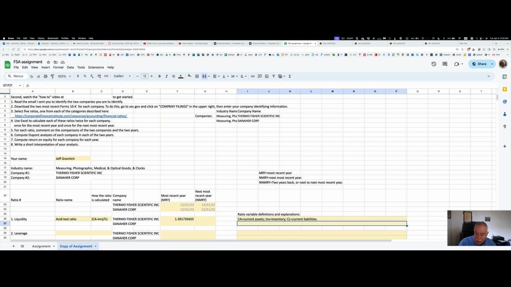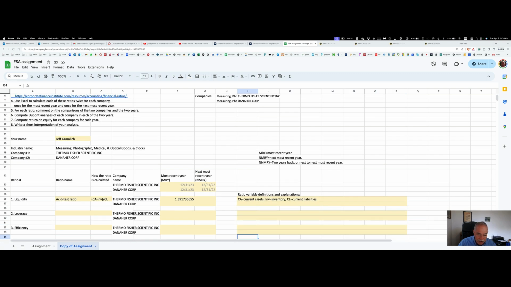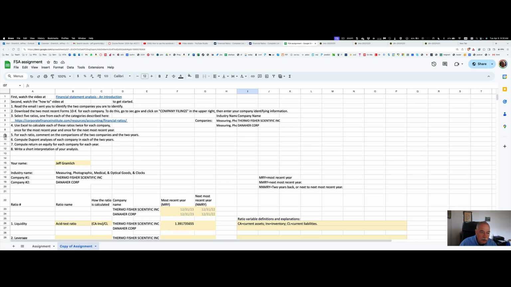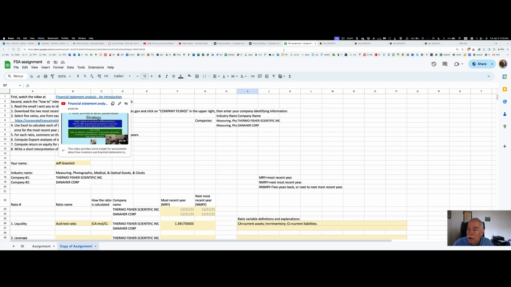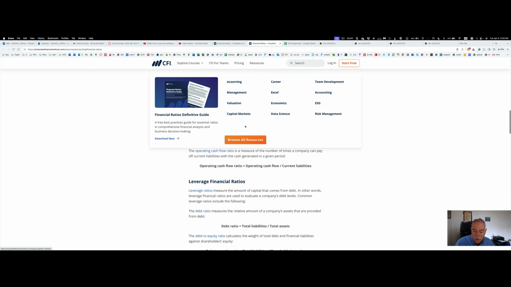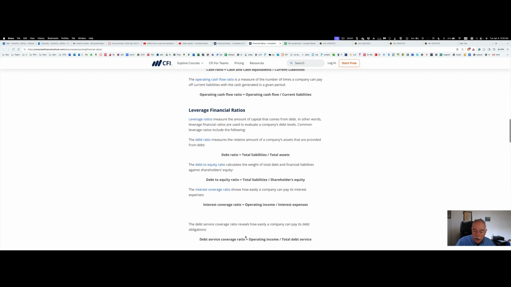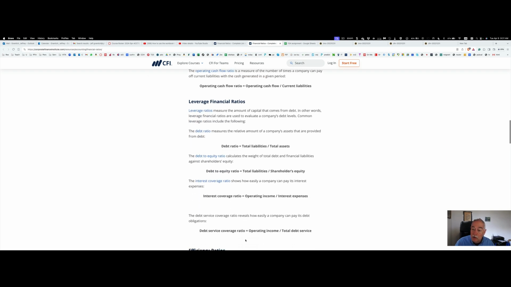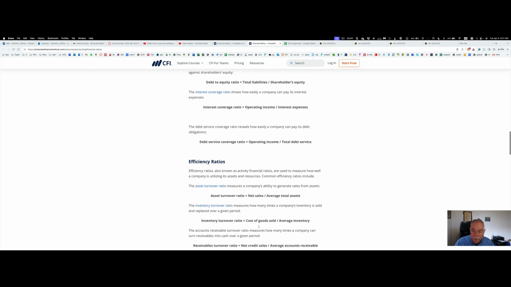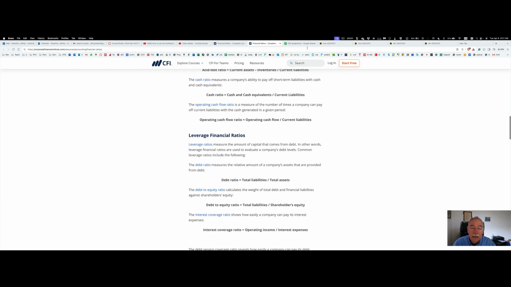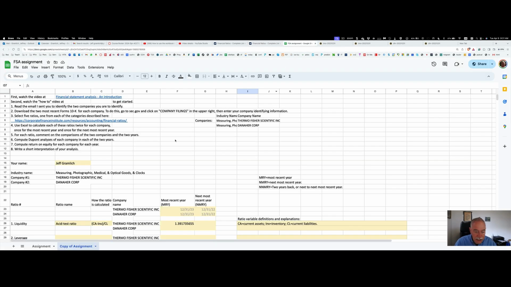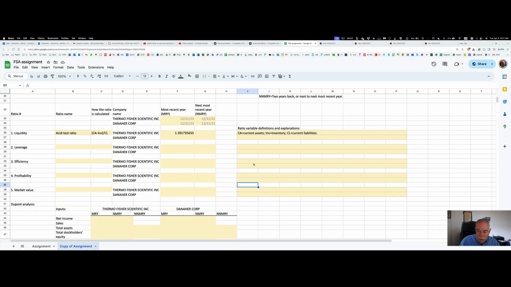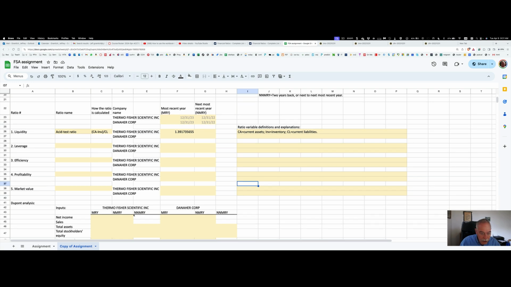And then over here, you're going to write an explanation. You know, what happened across time for Danaher and for Thermo. And you're going to do the same thing for leverage, and you'll get those ratios from this list of ratios. So leverage ratios, you can choose one of these ratios, and be sure you understand what it means. If you don't understand it, don't use it. And then you're going to continue on down and do each one of these, write in your explanations, and then